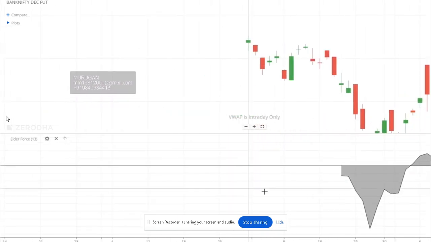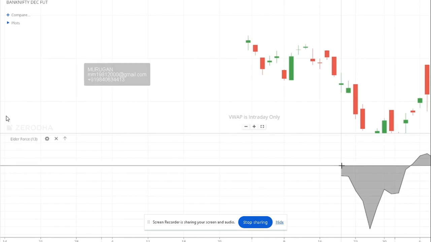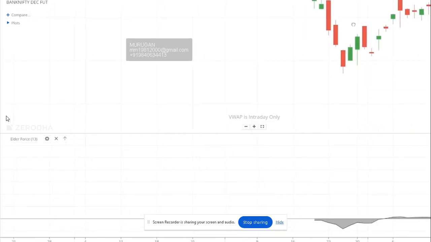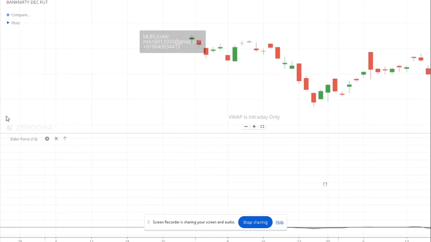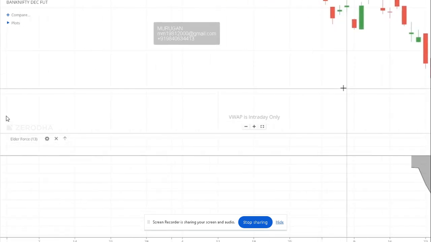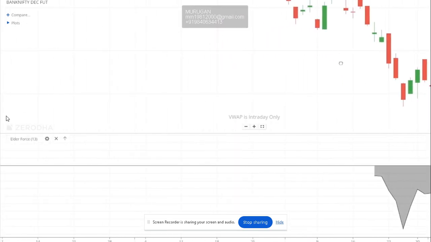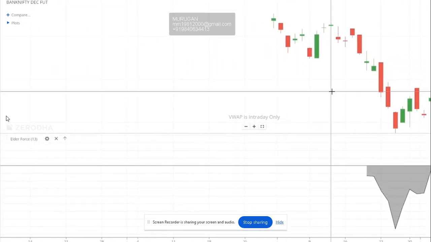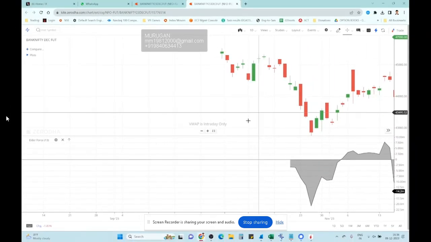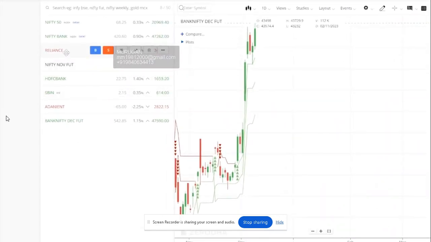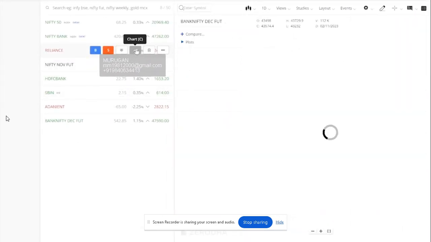Now if you come here, you can see the line is below the flat line. You can see the market fell here, and not a big fall. Because it's a future, it's not available for a very long time. So maybe instead of taking an index, if we take a stock, that will be much better. So which stock shall we take? We shall take Reliance Industries.